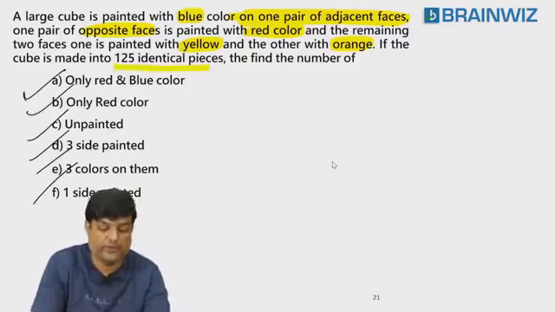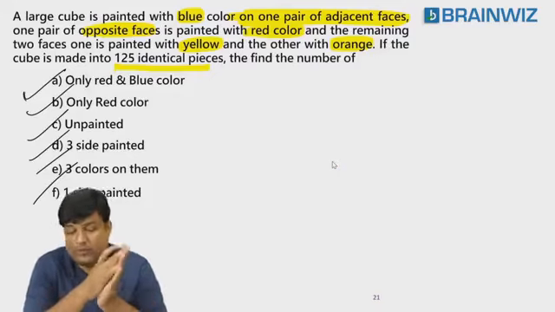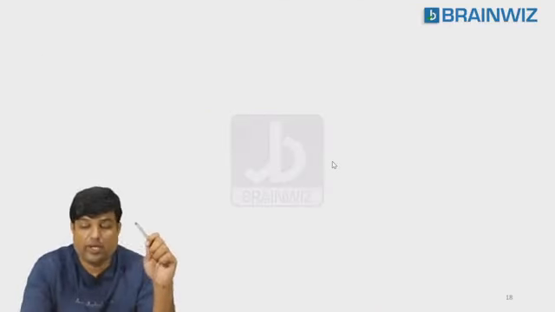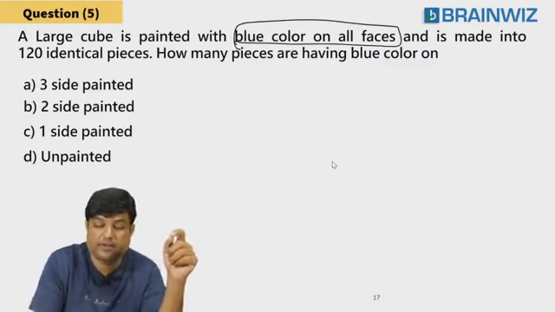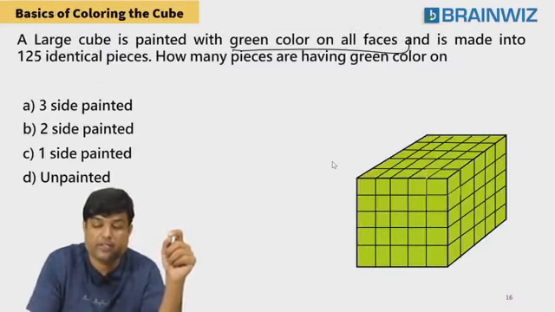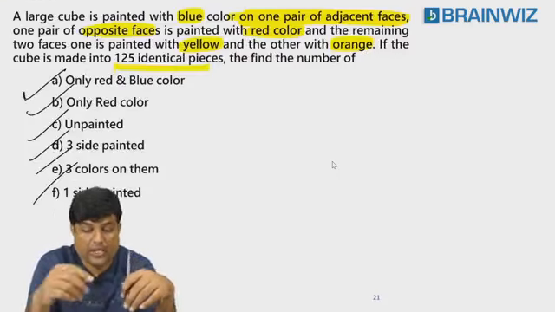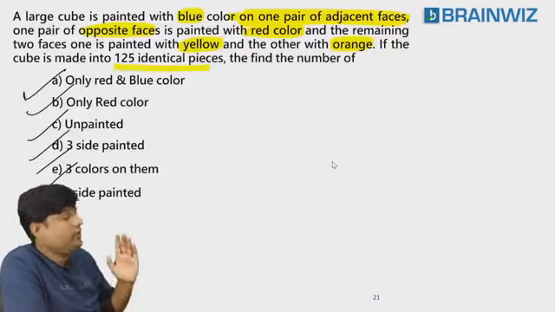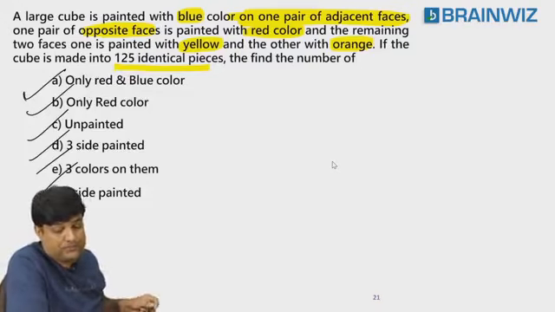And he is asking you questions 1, 2, 3, 4, 5, 6. Students, do you have any single color here? No. Previously, for example, look at this question: all painted with blue color on all the faces, all painted with green on all the faces. These kinds of questions we have done. But now, are we doing only one color? No. You can see the screen here. He told you one pair of adjacent faces with blue color, one pair of opposite faces with red color, and the remaining he told you. Are you understanding, everybody?